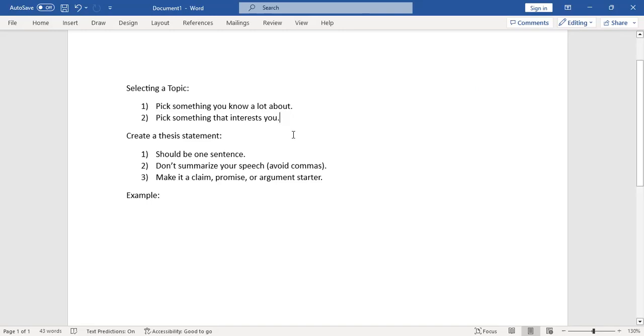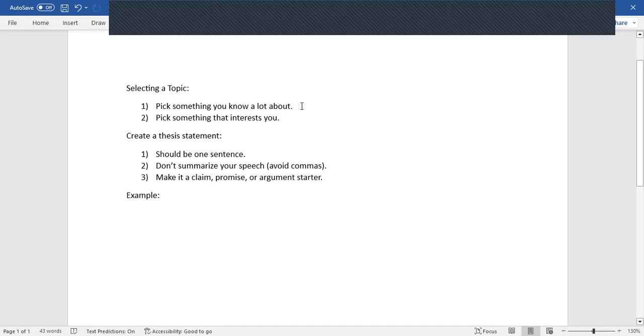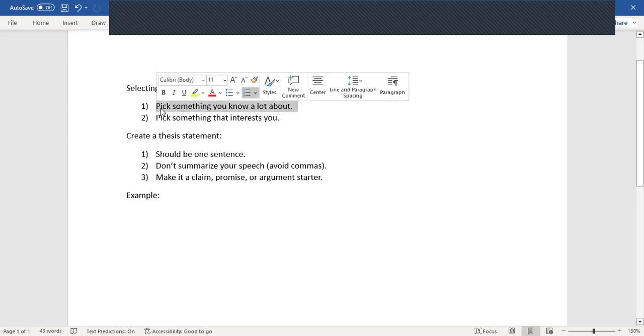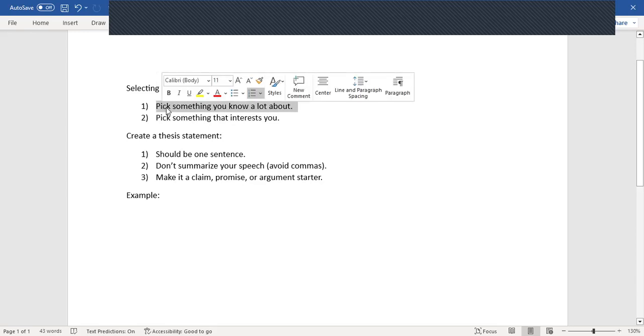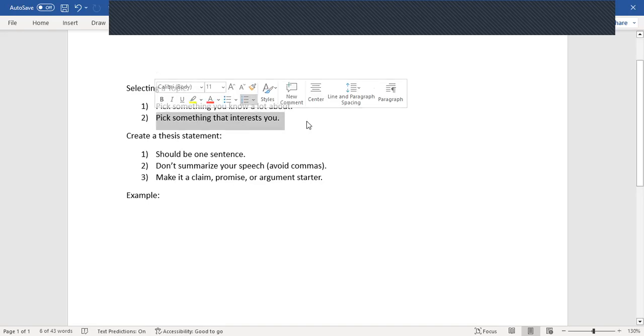Okay. So in one sense, Merlin is, I don't know if you want to call him an expert, but has a lot of knowledge about the topic that he's going to pick already. So he might feel comfortable, he might feel confident about talking about that topic, which is good. That's a good reason to pick a topic. You have experience with it, or you're picking something that interests you. Maybe you don't have a lot of information.